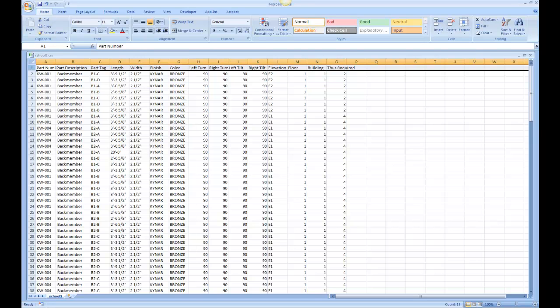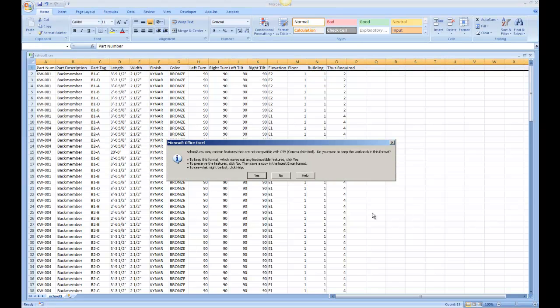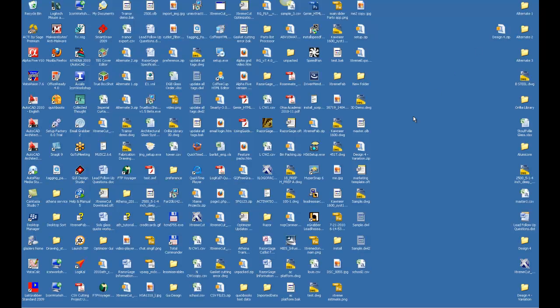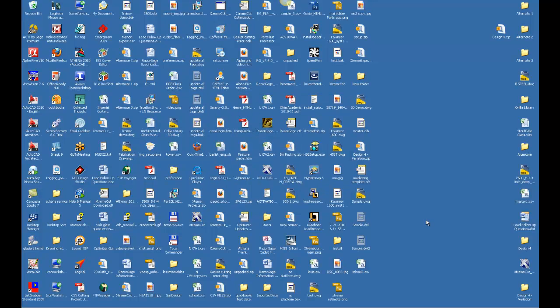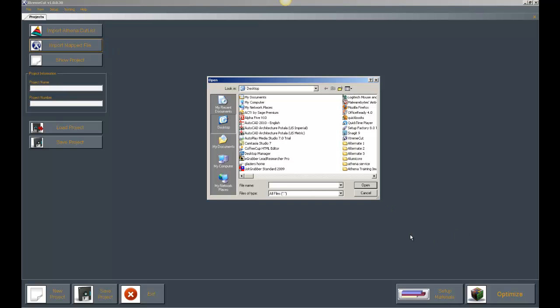What I'll do is I'll save this out once again, and I'll open up XtremeCut. Pardon my desktop. I'll open up XtremeCut, and you can import this list in real fast with XtremeCut and do what you want with it. Now that XtremeCut's open, I'll import that file. I'll go to School,